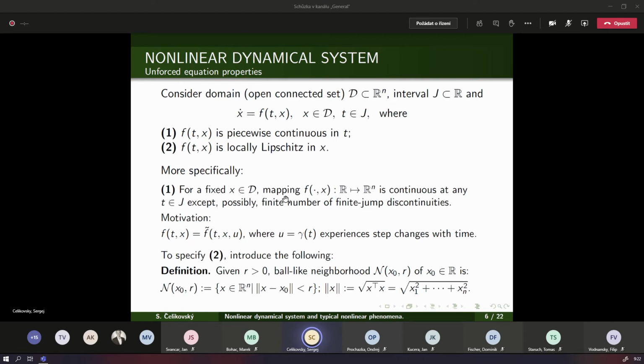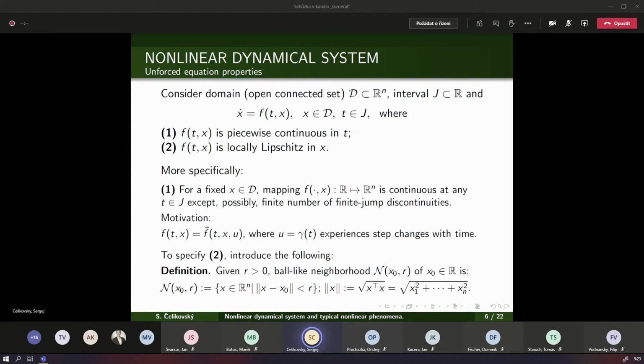The motivation for such a minimum requirement is that, of course, we would like to consider input signals, for instance, gamma t, such that the input signal will be some continuous functions, but possibly with some jumps. For instance, some piecewise constant function with some step changes at some time moments, which is quite common in control. And you know that for a linear system, for instance, one of the basic characteristics is the response to a step function and so on. So we want to consider